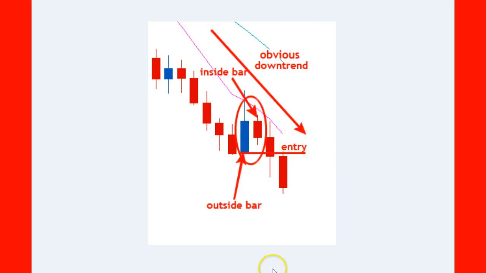Essentially, the inside bars are going to be continuation patterns where it will continue a trend, but also look out for indecision in the market if you get quite a few of those together. Okay,